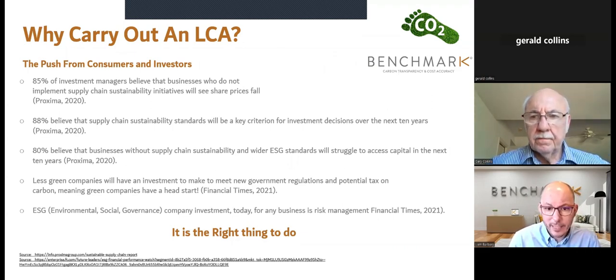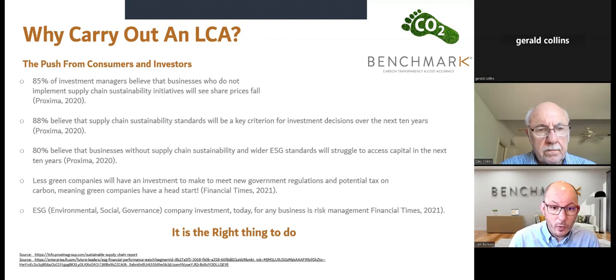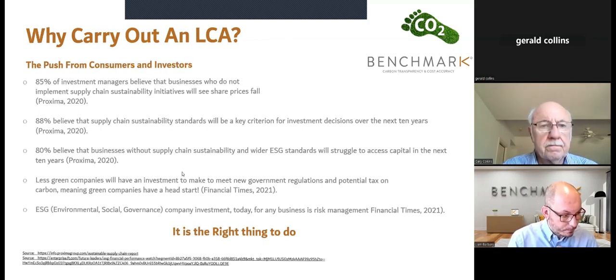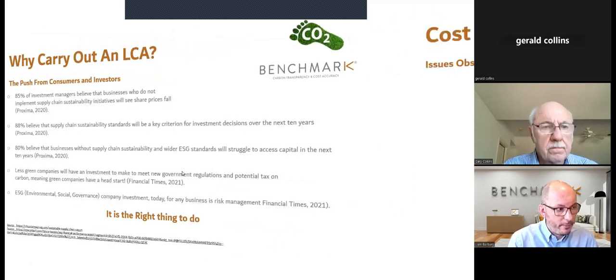That, by the way, is the latest theory in the UK. We already have a plastic packaging tax in the UK, which is linked to post-consumer recycled content. We are all expecting within the next 3 years a carbon footprint tax to come out at a certain point. And actually, the team at Benchmark are already advising the government how that could work if they do go ahead with it. So if we move on,